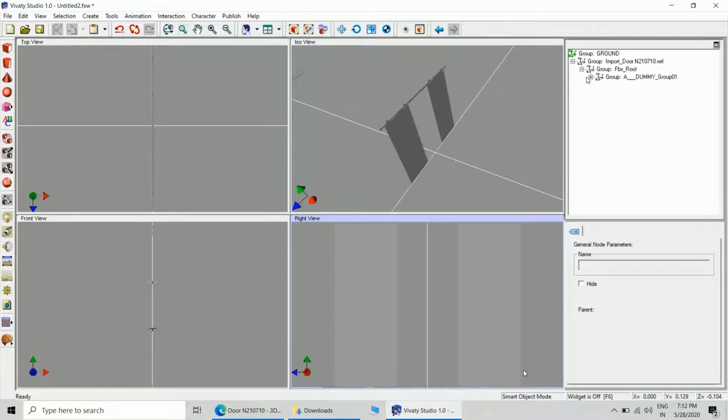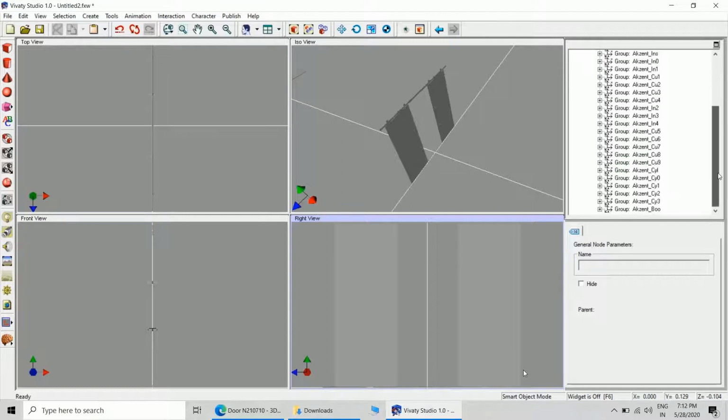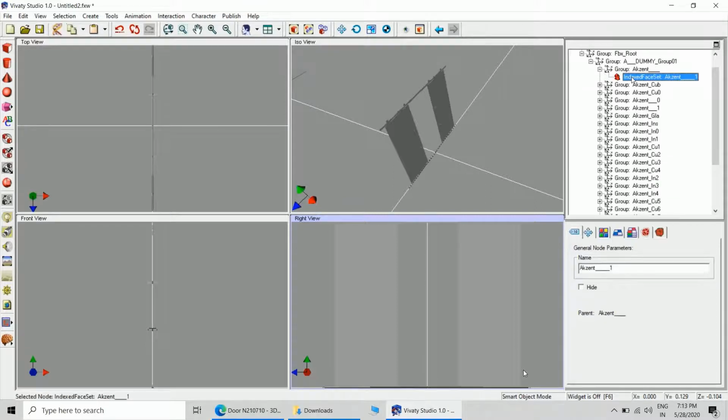Now you can see there are a lot of groups. A lot of parts are there and every part is kept in a new group. I want to reduce them, because with more than 20 or 25 groups it will be very difficult to work.